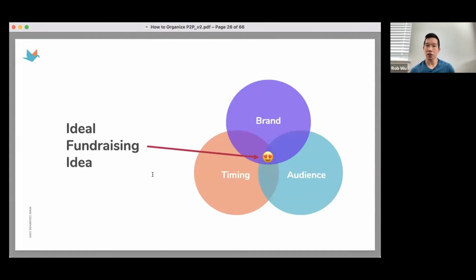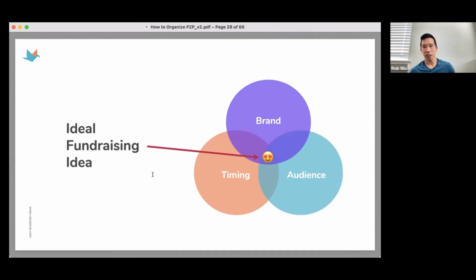When I talk to Meat Fight, for example, what they love to do is barbecues and beers, and they love to run events and peer-to-peer around that. So organizing something where it fits what your audience is interested in is a lot easier than organizing something where they have zero interest. If you're an organization where a lot of your donors and supporters like to do athletic events, such as cycling events or walks, races, then you want to organize your peer-to-peer fundraising activity or event around that.